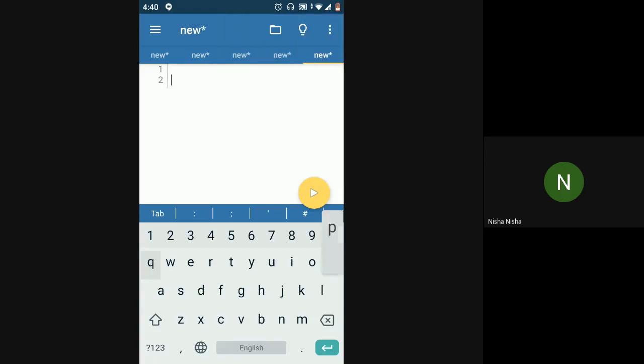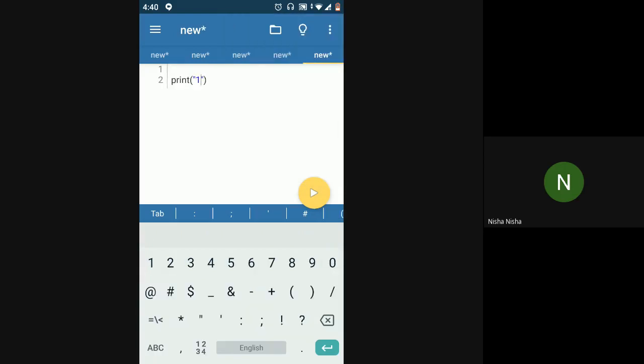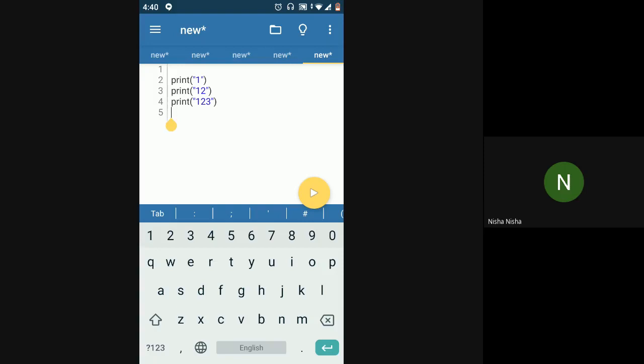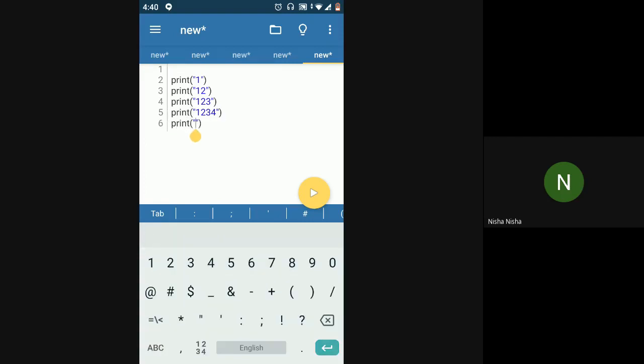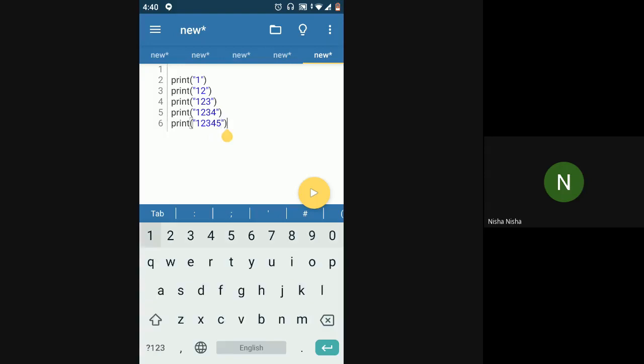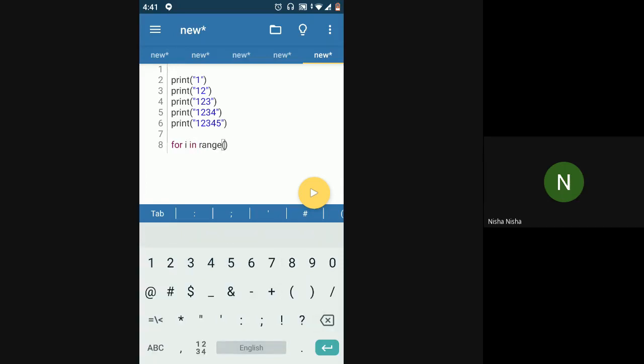Okay. So I'm again printing it for reference. So here also we have 5 lines, which is fixed, so I have to use the print function 5 times. So I'll say for i in range 5.